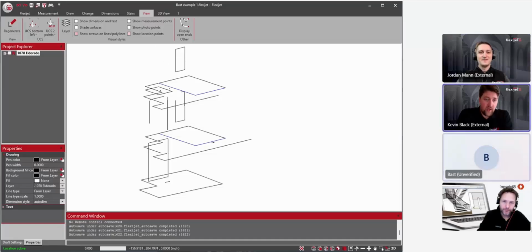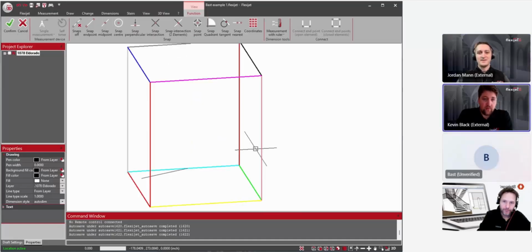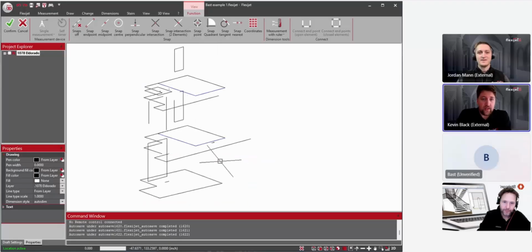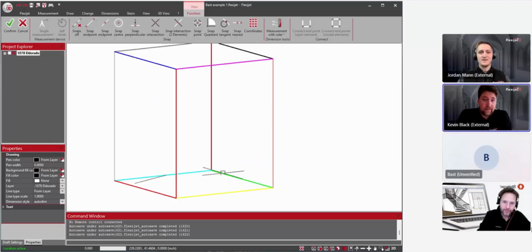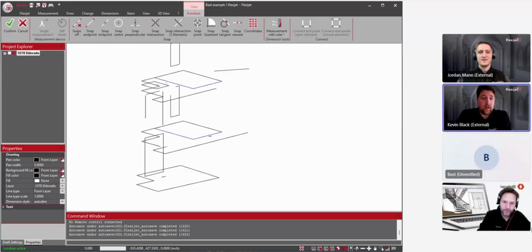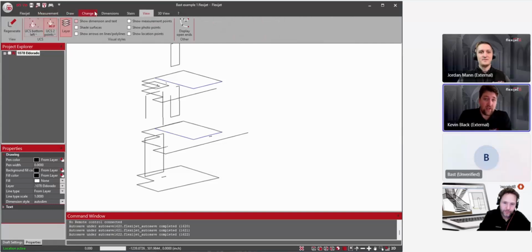So Jacob, we've got this example here from you. Really appreciate you sharing that with us. From what we can see here, it's a couple lines on a page. There's some details that we can pull out of it just by looking at it, pulling up the measurement point photos, what was captured. But would you mind telling us a little bit about what you were hoping to achieve